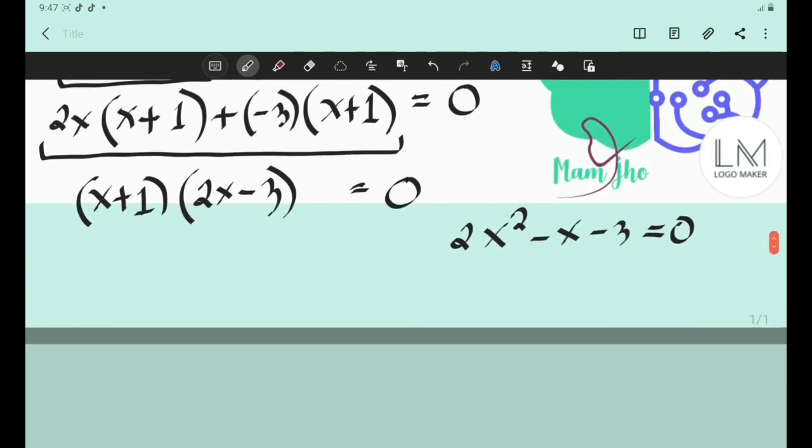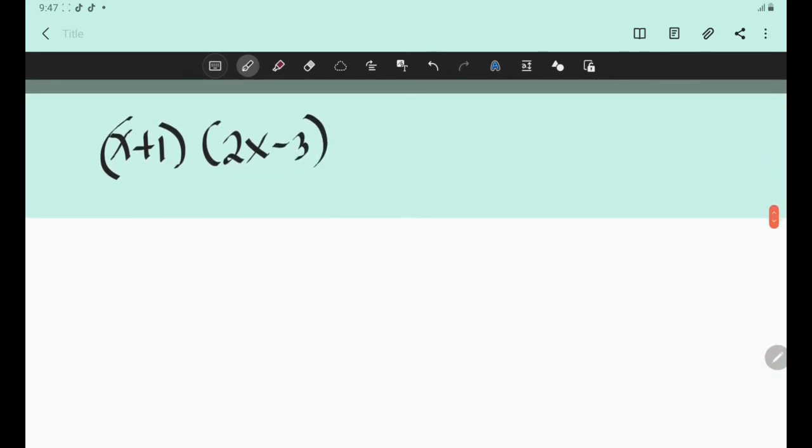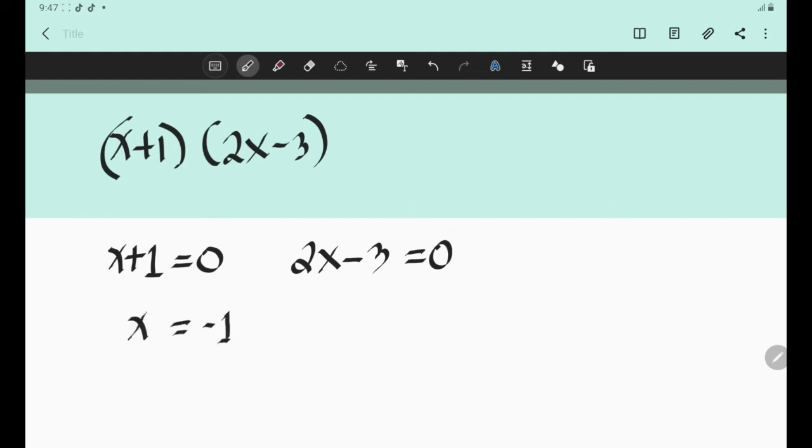Now, dahil sa factor natin, again, we have x plus 1 and we have 2x minus 3. So, ang factor natin na una ay x plus 1. Equate natin siya kay 0. Then, also, we have 2x minus 3. Equate natin siya kay 0 for us to solve for x. So, x is equals to negative 1. We have here 2x is equal to 3. So, x is equals to 3 halves. So, dalawa po yung ating